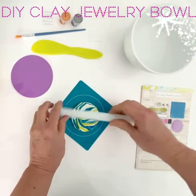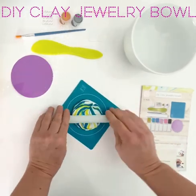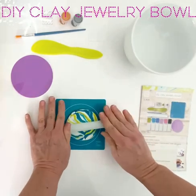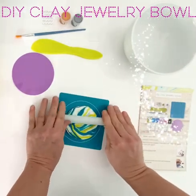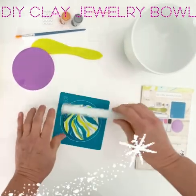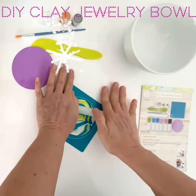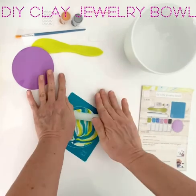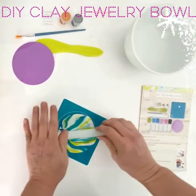And it's a lot of clay, so it's kind of hard at this point because it's really thick. But just take your time and enjoy seeing the design start to show up. It's kind of fun to see what you created with your twisting, and it comes out different every time. So you just never know what you're gonna get. But just keep rolling until you get to the line, and you want to go just a little bit past the line so that your template can